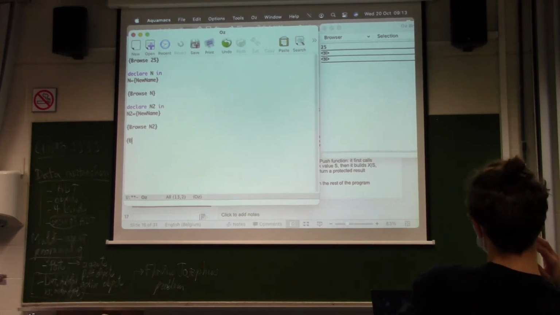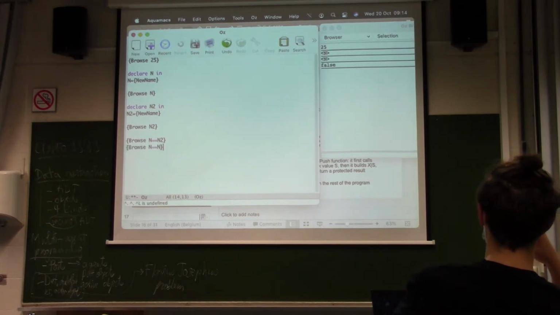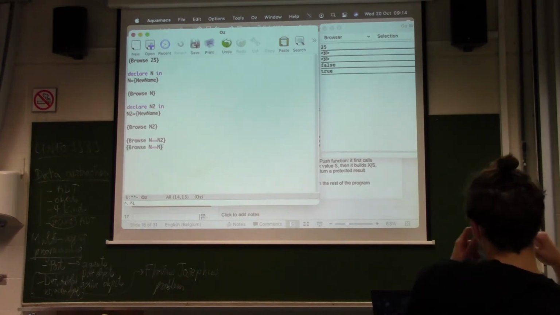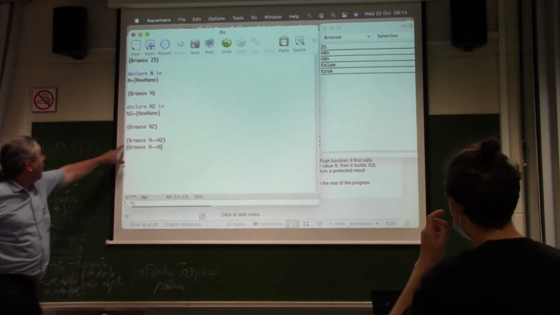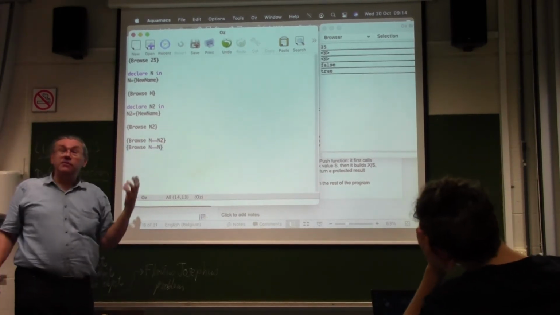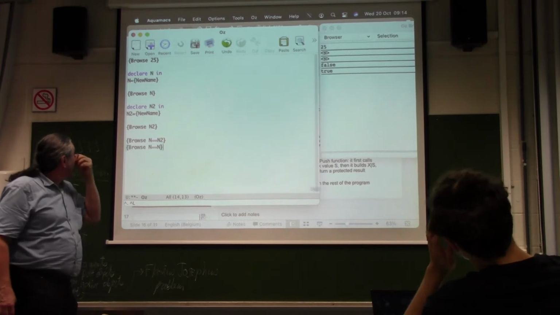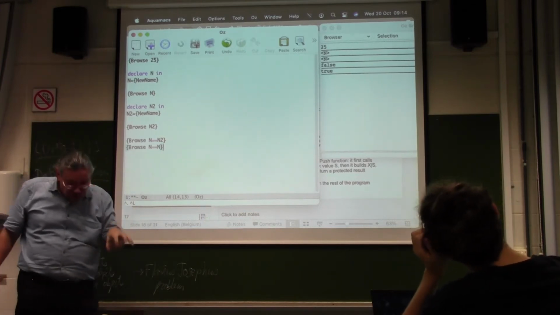So I can compare them. I can see, are they the same? No. False. Is N equal to N? True. So I can compare them, and I can see they're different or not different, but I cannot actually